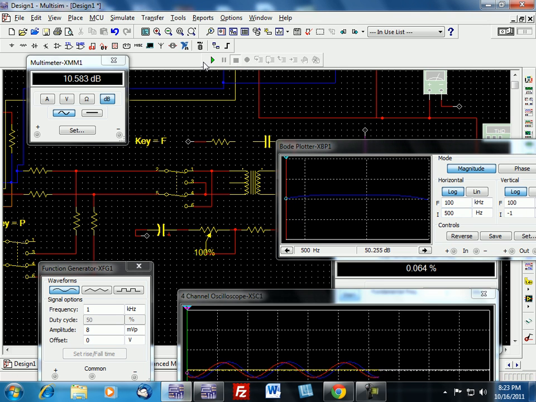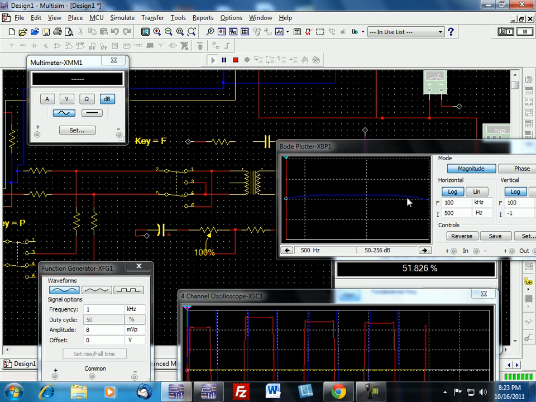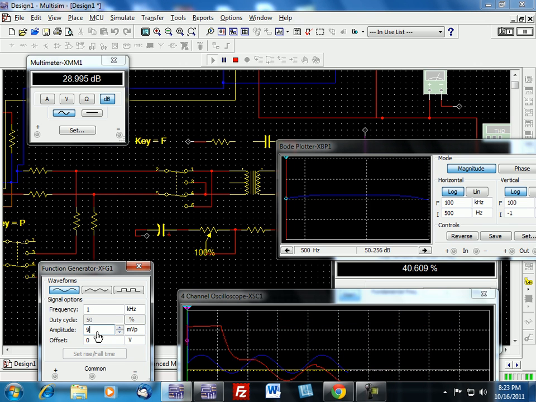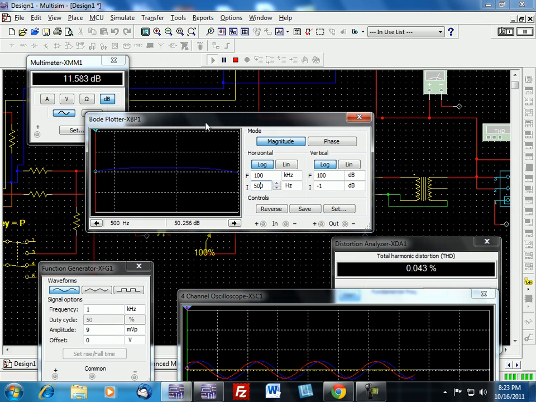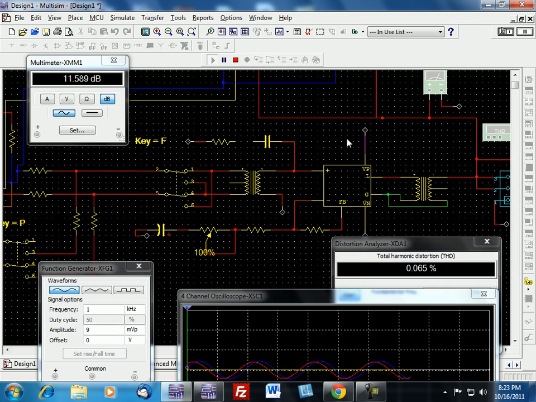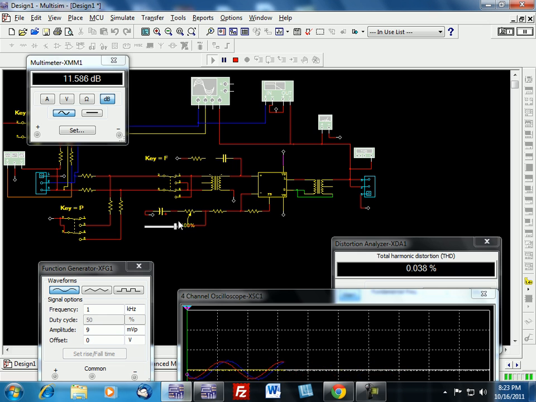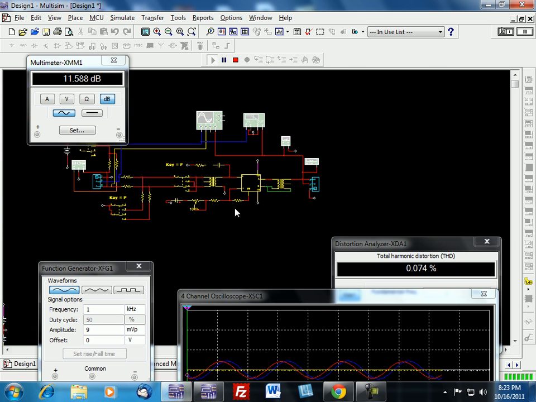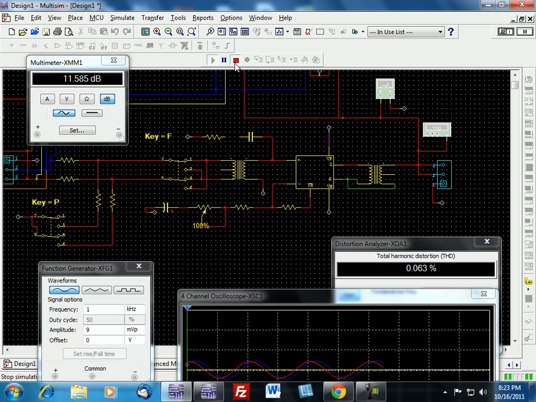Now I'm looking at the frequency response of the amplifier, and I've gotten it to be flattened out, which pretty much is what you want, a straight line. So that's it for the API